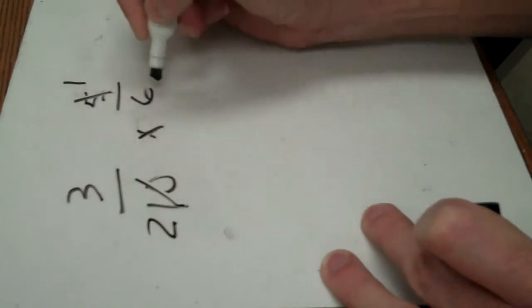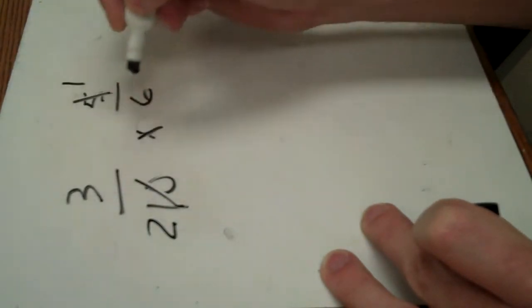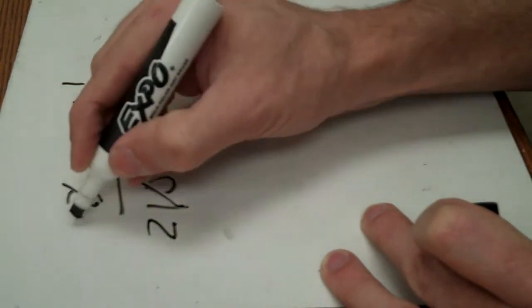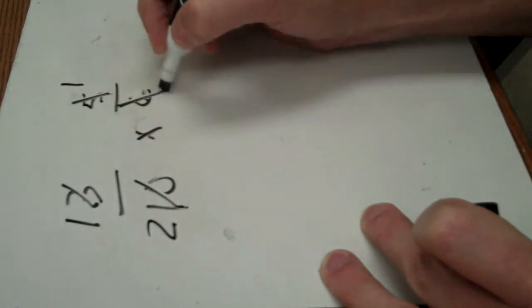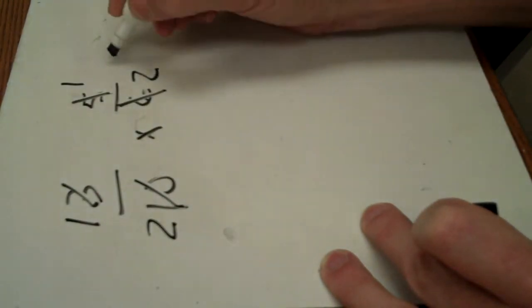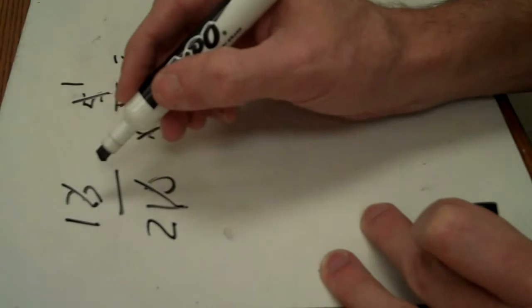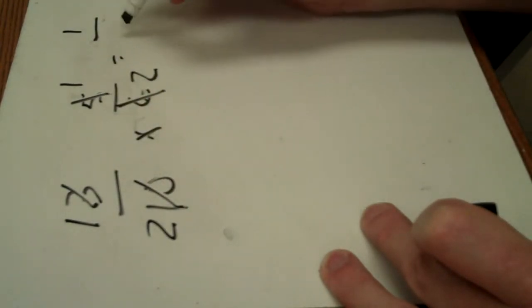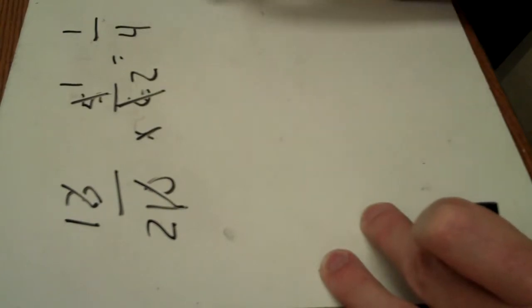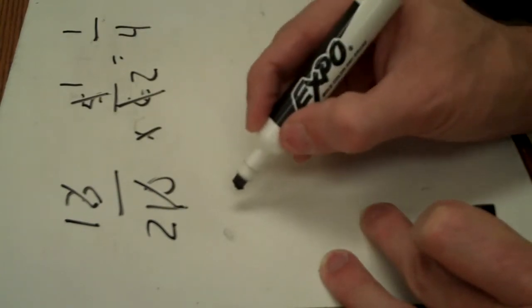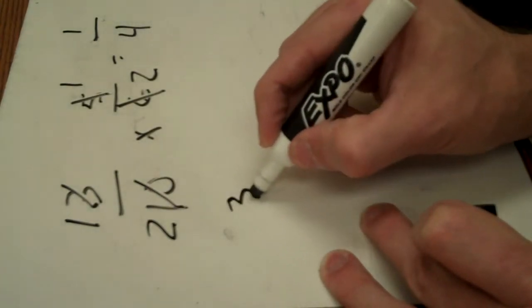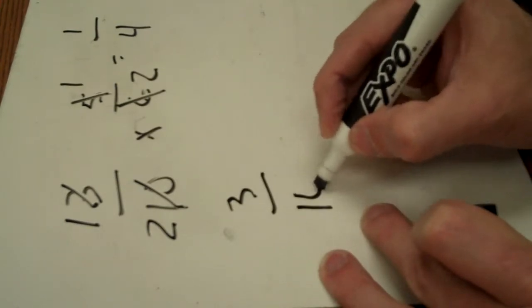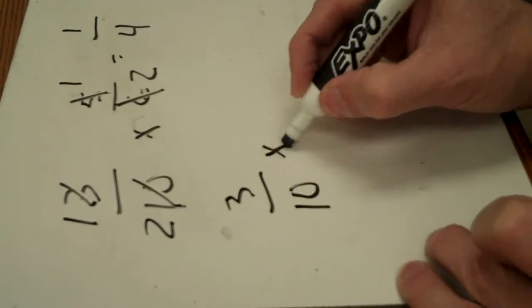Let's look this way. 3 is common between 3 and 6. 3 will go into 3 one time. 3 will go into 6 two times. Now, let's just multiply straight across. 1 times 1 is 1. 2 times 2 is 4. It's 1/4. Okay? Let's work the problem again, but let's not cross simplify